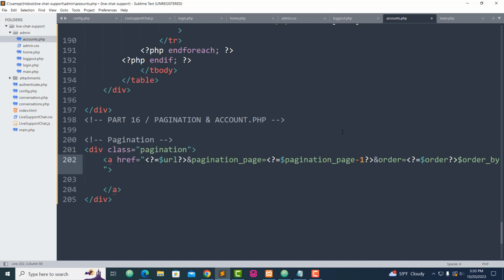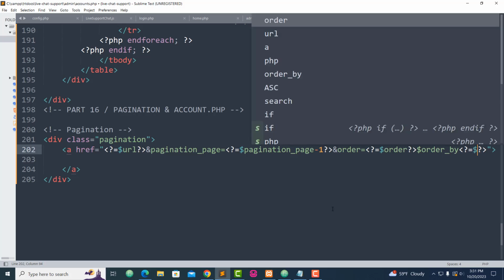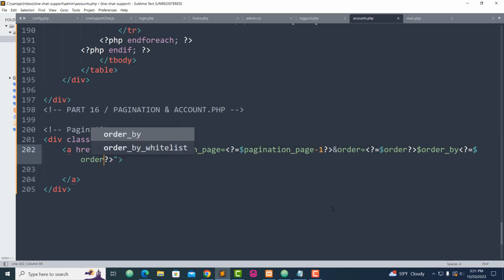I'm going to move this over here. PHP here, and then order by. Now this is where I'm going to put the first thing we're going